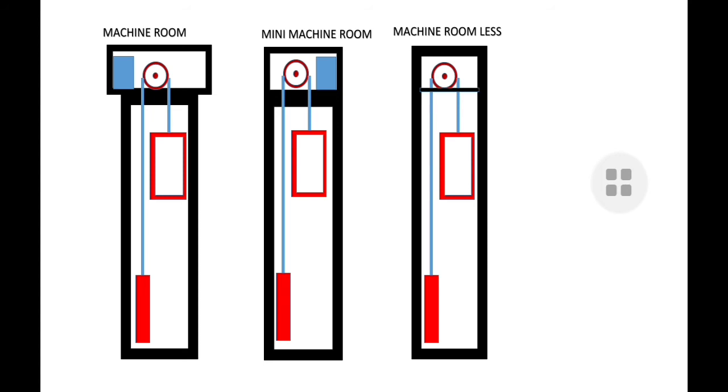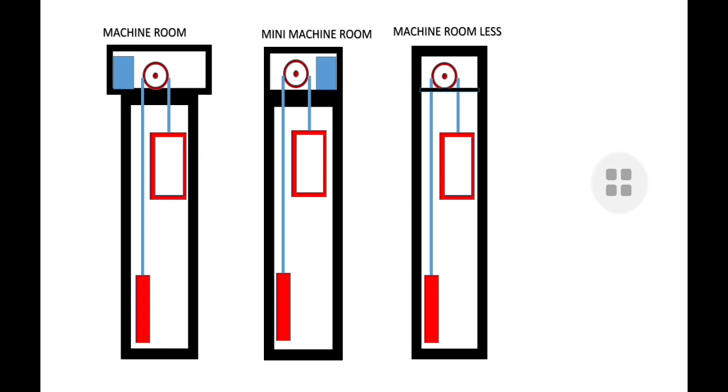So the major advantages of the MRL are building cost saving, saving space of the building and no machine room requirement, flexible placement of the control unit, reduced motor size and weight, and reduced energy consumption. So these are all the major advantages of MRL. Nowadays most of the elevator companies prefer only the MRL because of customer requirements. The customer doesn't want to extend the machine room and they don't want to spend money on that. They need a compact size elevator system.